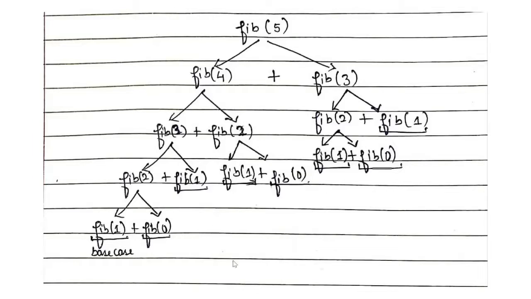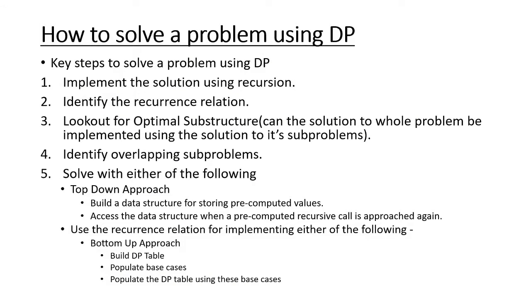All these were actually overlapping subproblems. We could have already computed them earlier when we reached all these subcases. When I reached Fibonacci 3, I would have already done it over here. When I did Fibonacci 2 over here, I would have already done Fibonacci 2 over here. So all of these were overlapping subproblems, and hence I brought down my solution to linear. So I think by now you would have understood how we brought our exponential runtime of the recursive Fibonacci to a linear runtime Fibonacci with the help of dynamic programming.